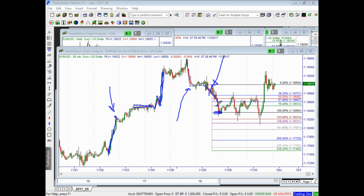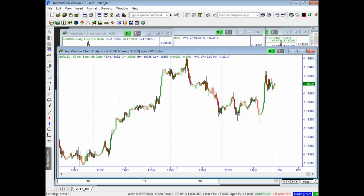So going forward, we had another strategy that triggered here today, and that was another momentum reversal. So the momentum reversal in this case, let me clear this, is based upon, here's our little two-wave correction off the highs, and then here's that momentum shift. You'll notice it looks really similar to the one that we had on the little 2B,